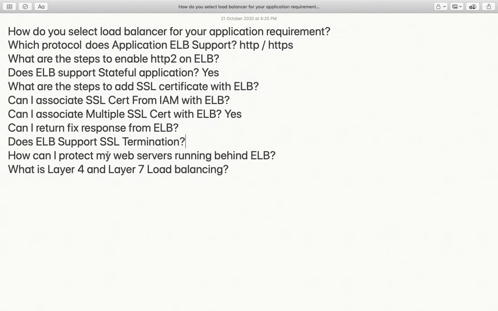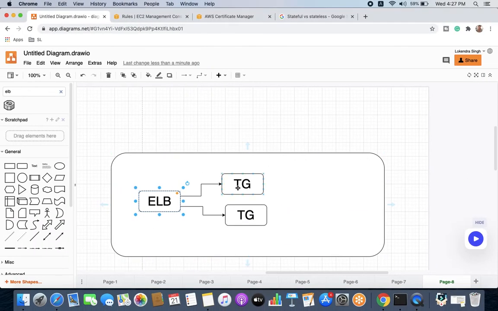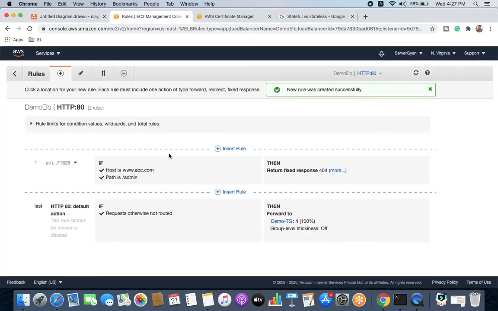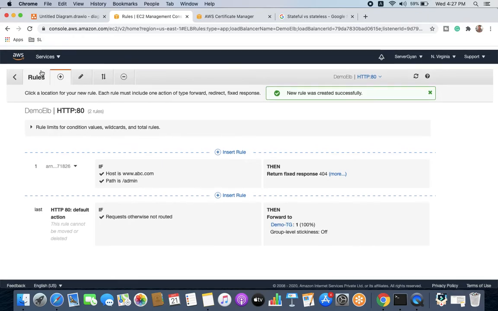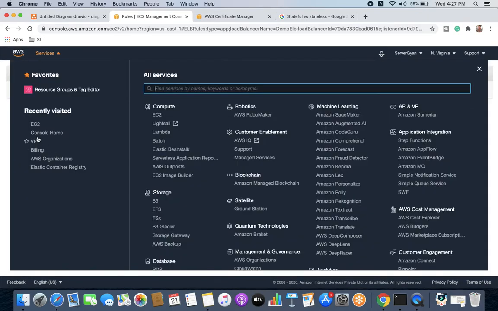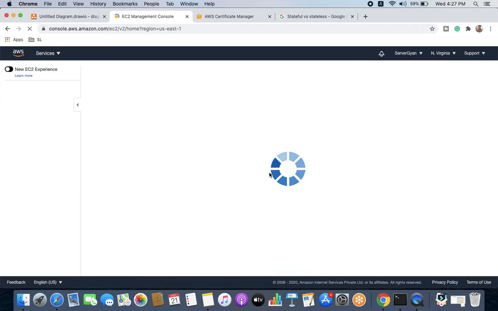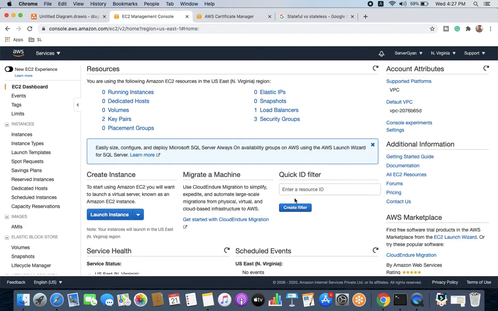So okay, what is next? How can I protect my web servers running behind ELB? Obviously, you can protect these servers. Either you can run these servers without a public IP address. Second thing, you can associate what is known as WAF. It means Web Application Firewall. You can associate that with your Elastic Load Balancer, and that will help you to protect your instances which are running behind it.